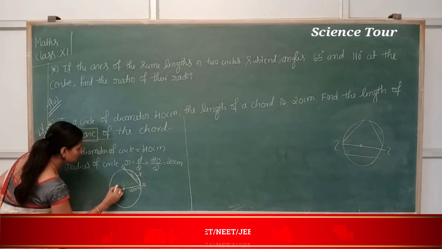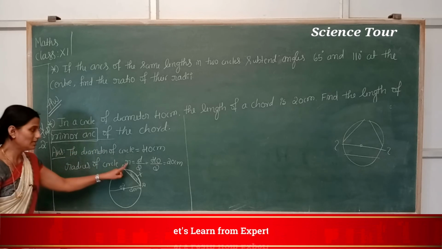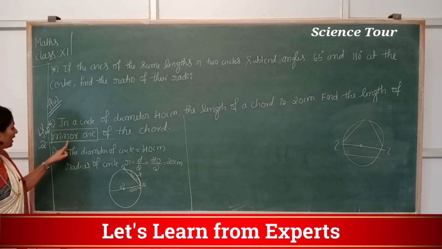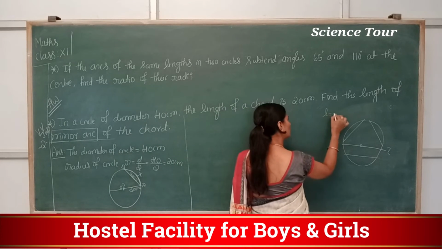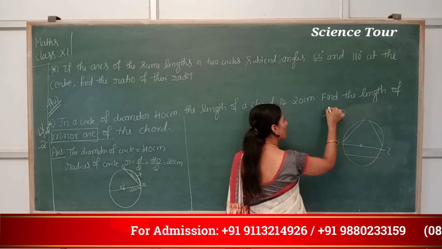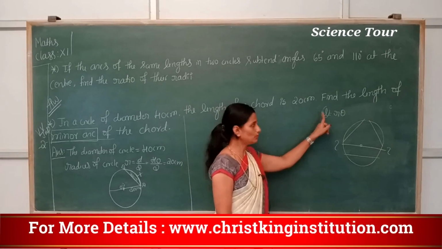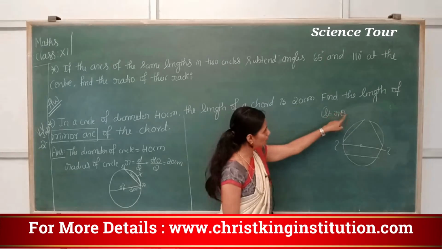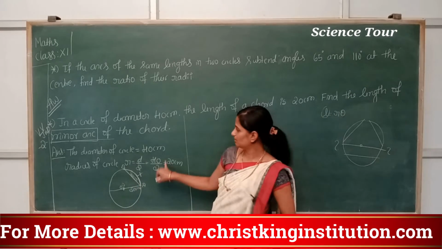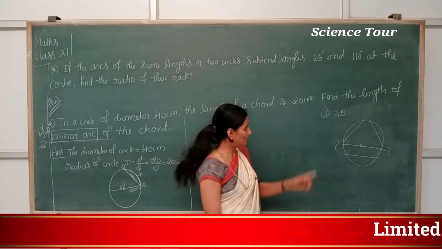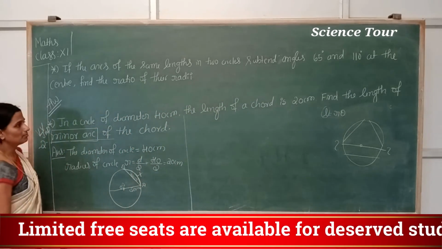Now next, this is theta. The radius is 20 centimeter. Find the length of the minor arc. So your formula is what? L is equal to r theta, the length of arc. To find L, you should know your radius and your theta, right? The radius is given, 20 centimeter. But is theta given? Theta is not given, but you have to find it.